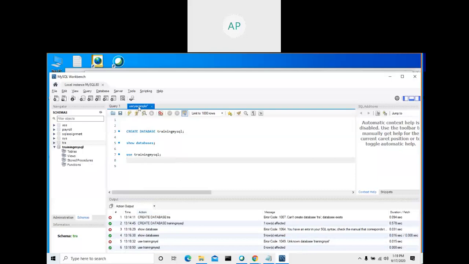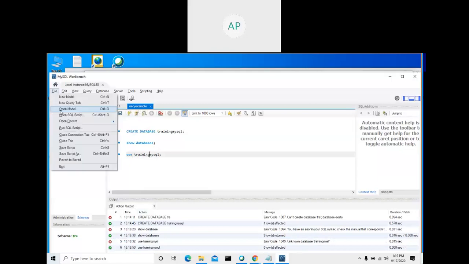See here, there is a star, so your file is not saved. All these queries are not saved into your file. So what do you do now? Type Control S. Press the Control button and the S button simultaneously. Otherwise, you can go to save script.